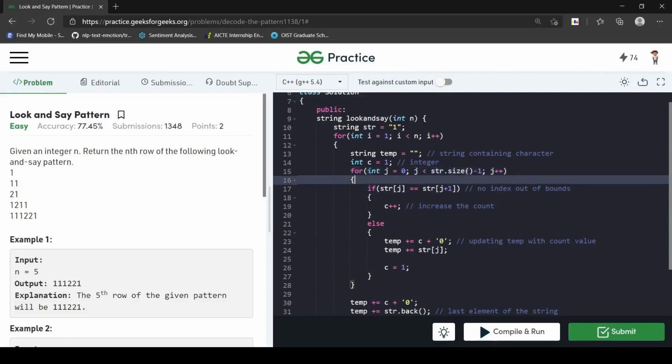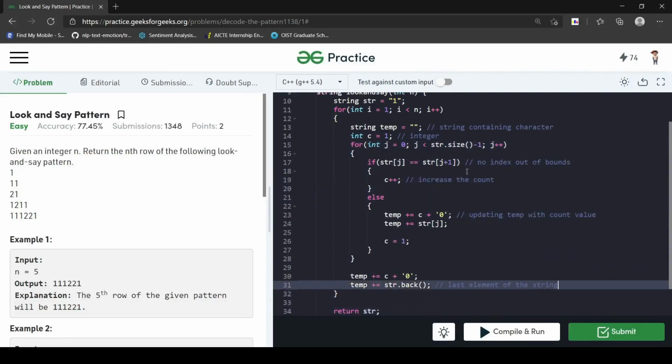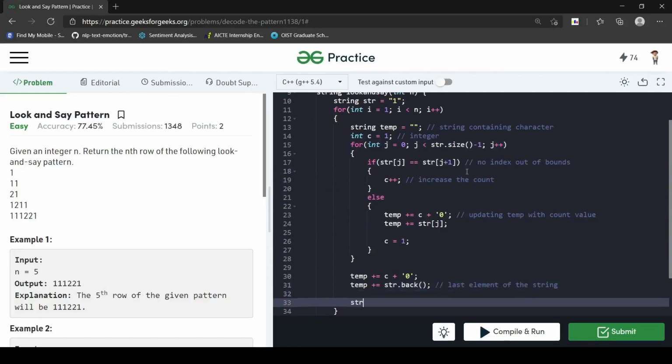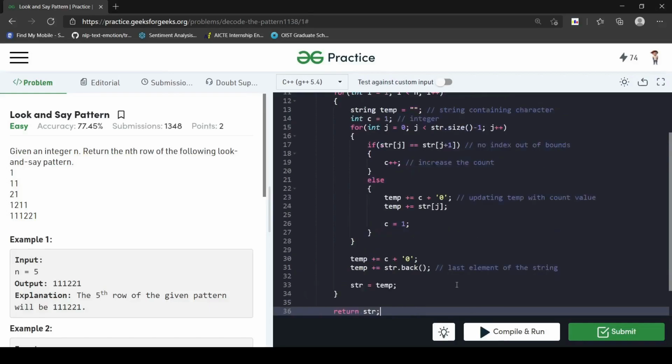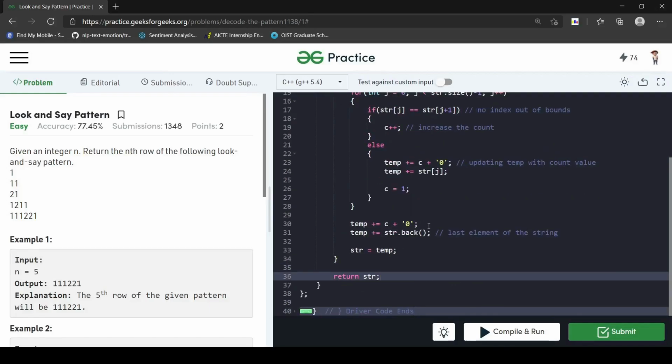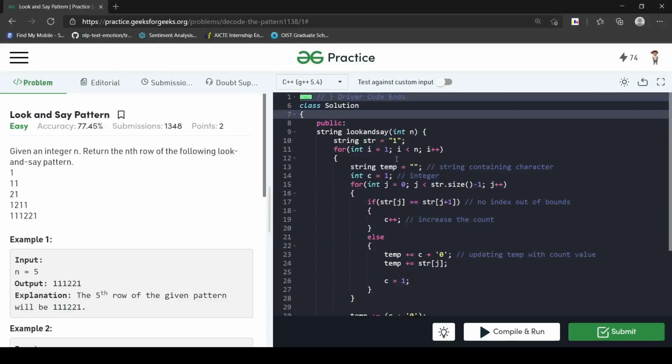That's why we are using str dot size minus 1. And as soon as we find temp, we have the string as temp, and we loop again, and finally we get our nth string. So we will have the str over here. Let me try to run the code for n equal to 3.